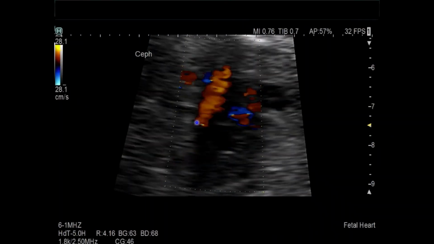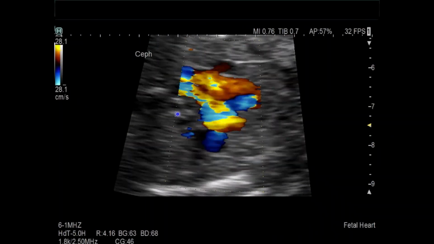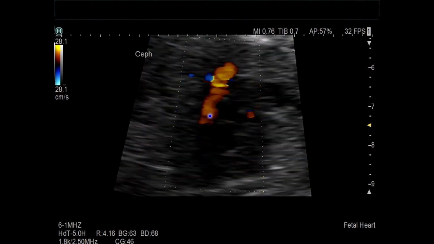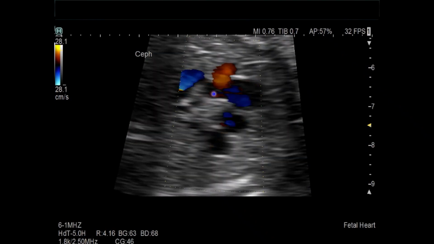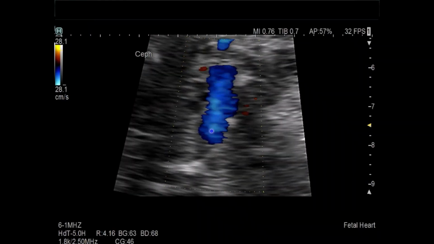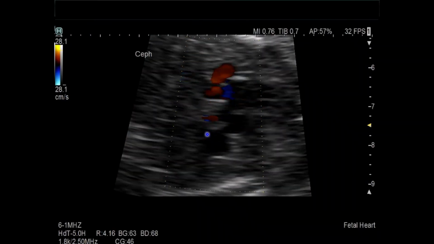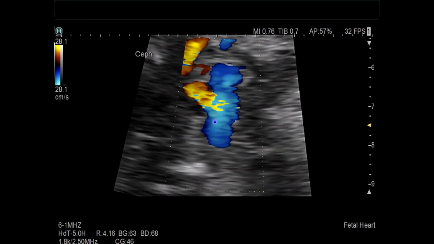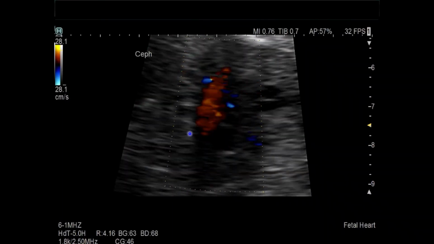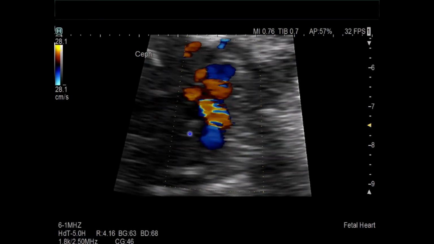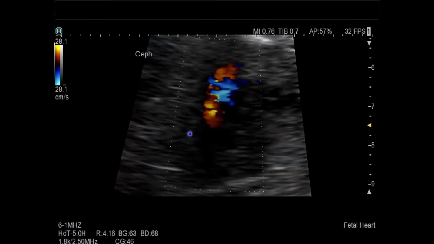So we apply color Doppler. This is actually at the level of the four-chamber view, sweeping up to the upper chest. And in the beginning of the sweep, you see a red signal flowing into this vessel and then flowing up and then down to the right. So from left up above the vessels to the right SVC, this is actually a case of total anomalous pulmonary venous drainage, supracardiac type, where you have